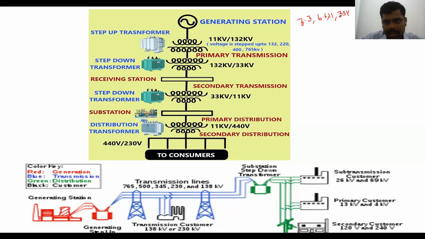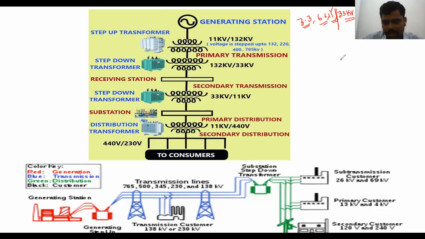The generating stations, that is thermal power plant, nuclear power plant, hydro, gas and diesel power plant, generate power at an operating voltage of 3.3, 6.6, 11 or 33 kV. In India, most generating stations generate at 11 kV, but in foreign countries they generate up to 33 kV. Once the power is generated, it needs to be sent immediately to the consumer via transmission and then distribution lines.